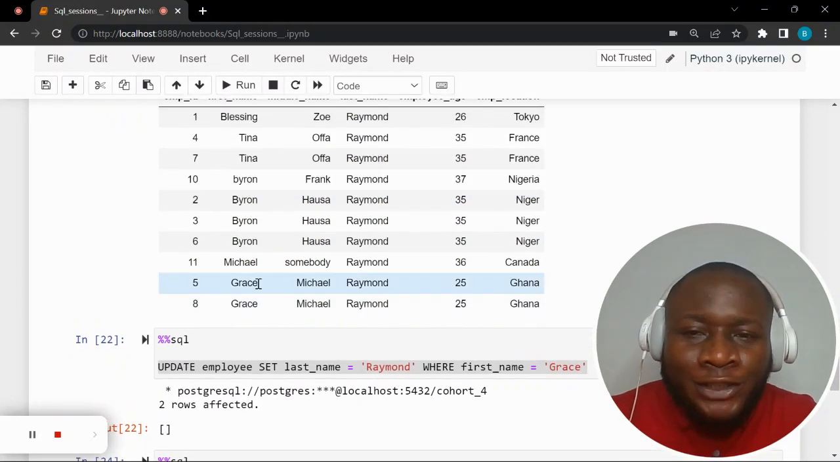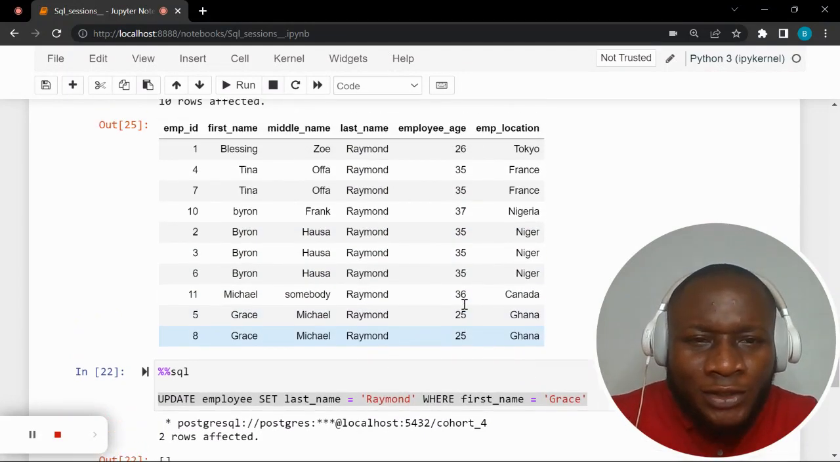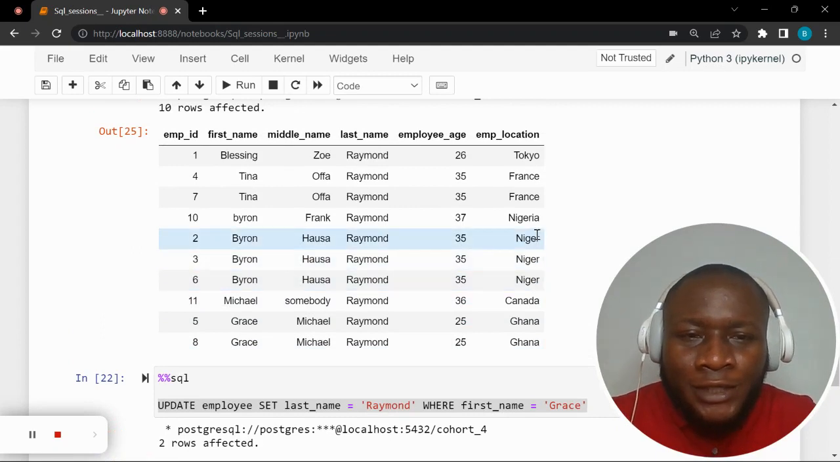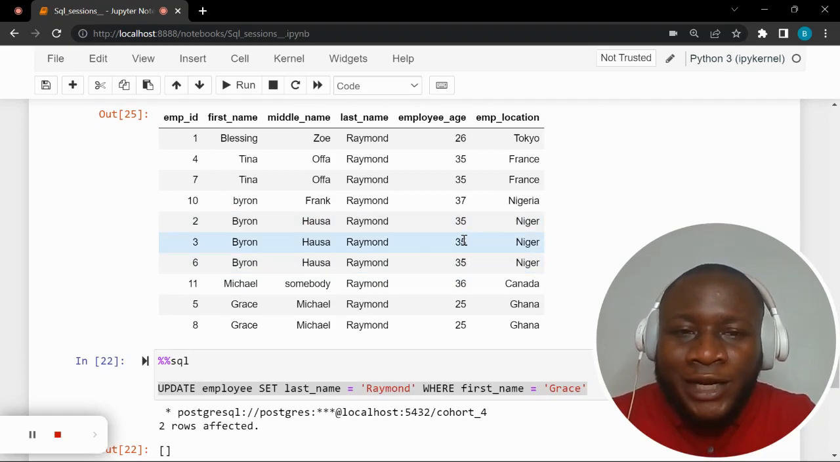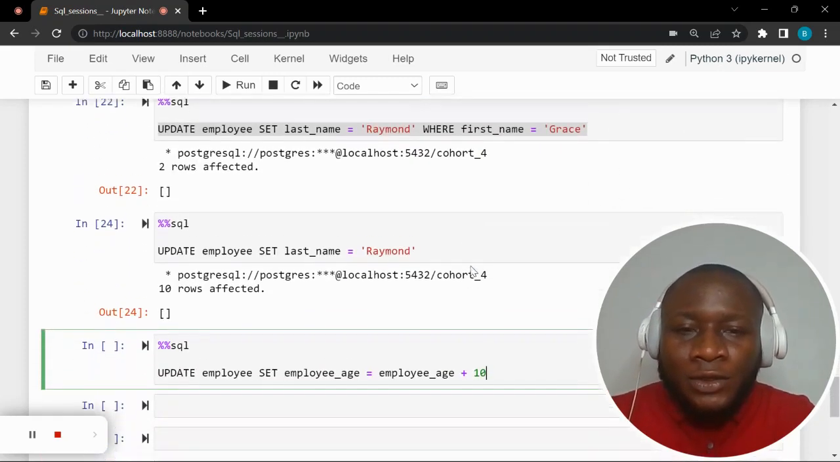Okay, we've already touched Greece, so let's allow Greece. So let's look at Niger. Okay, so there are three records here, and let's increase these ages. Interestingly, they have the same age. Okay, so let's increase these ages. All right. So now